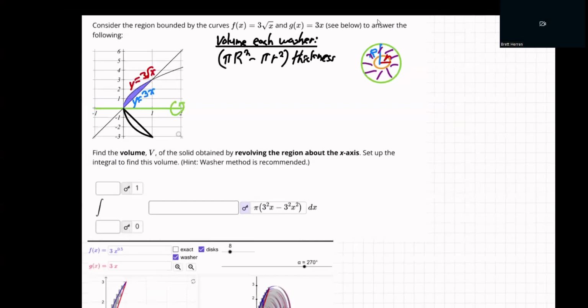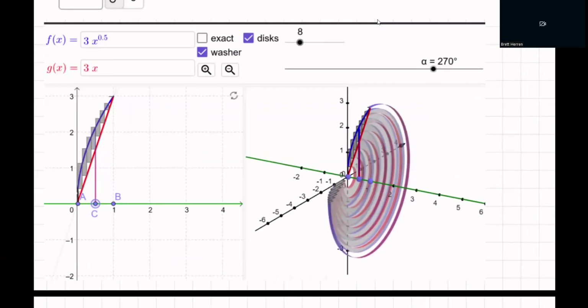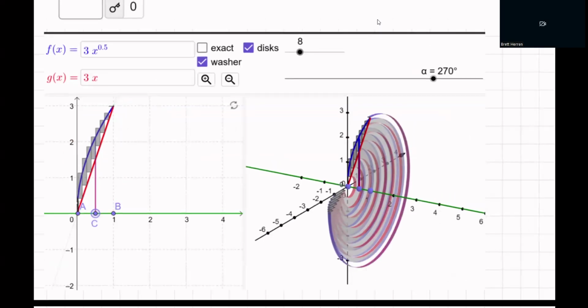Well, three-dimensionally, here's specifically what it looks like on the 3D calculator. So here's the flat. I just put in 3 square root of x and 3x, and I went from 0 to 1. And there's the flat, and then you rotate it. Here's 270 degrees, almost completed. It's a big frisbee thing with the hole in the middle, isn't it? Okay. So therefore,